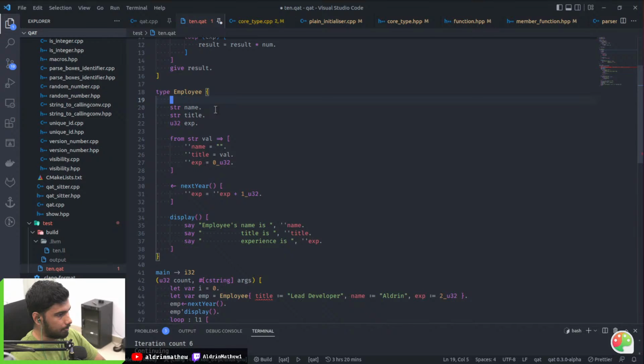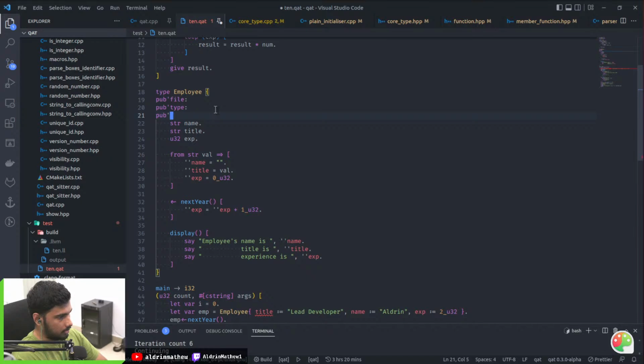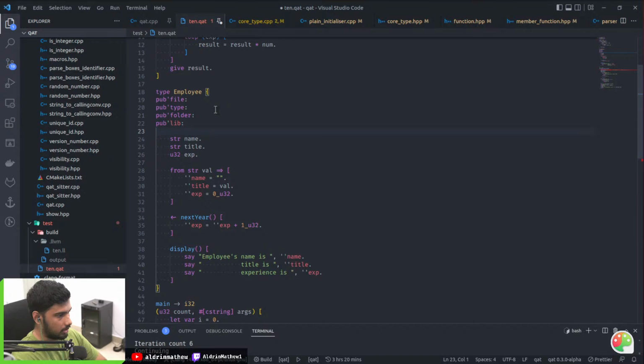So for pub, there are different types of pub. There is pub with file, in single quotes now, there is type, pub folder, and pub lib, which basically means library. It's visible to the entire library. And pub box means it's visible to the entire parent module.